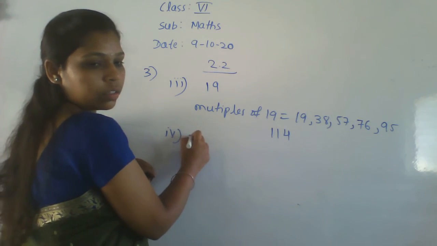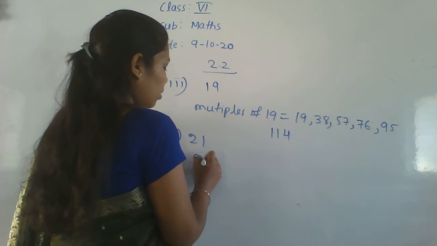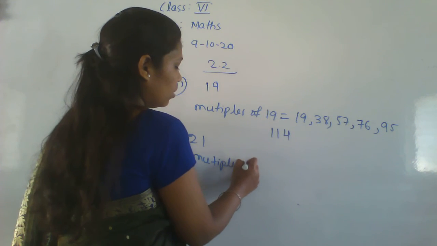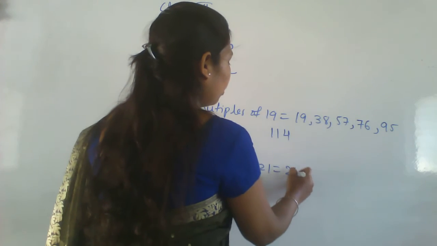Fourth one, 21. Multiples of 21 are equal to